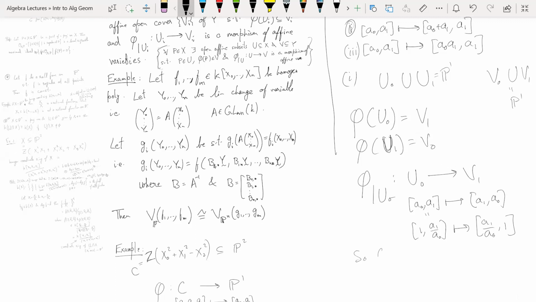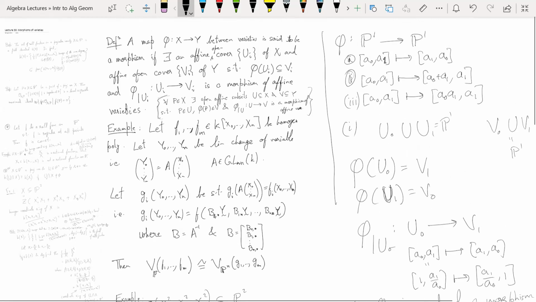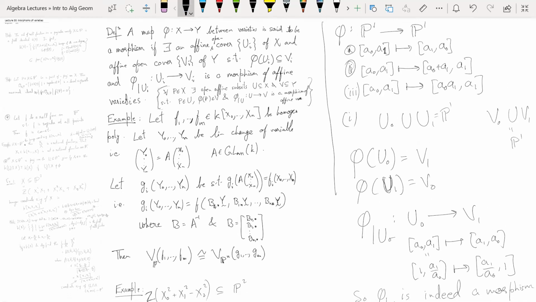So phi is indeed a morphism. Phi restricted to u0 is a morphism of varieties. In fact, it's an isomorphism of A1 to itself. And similarly, the other way. And you can check that this happens even for u2. So for 2 also,